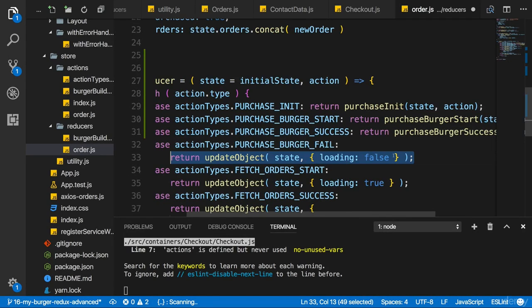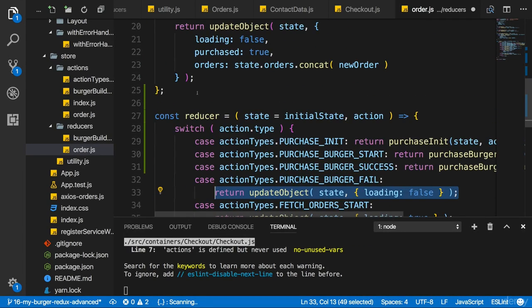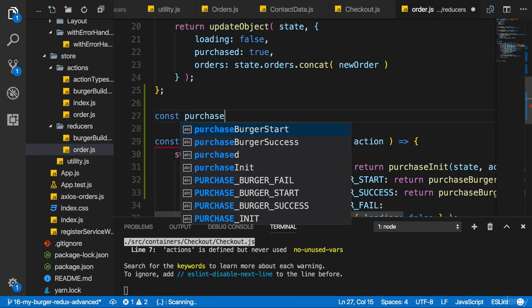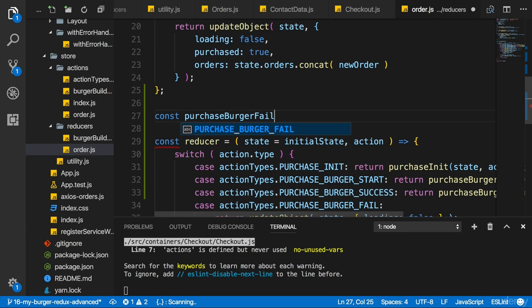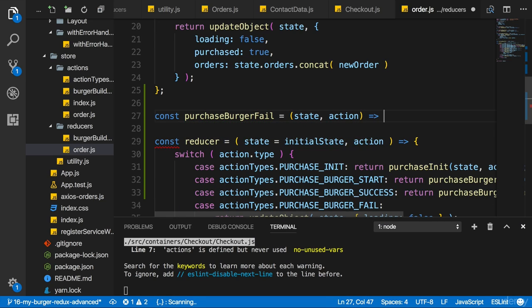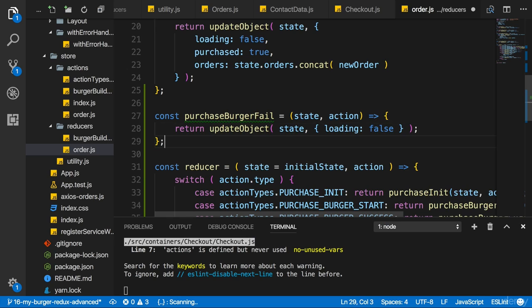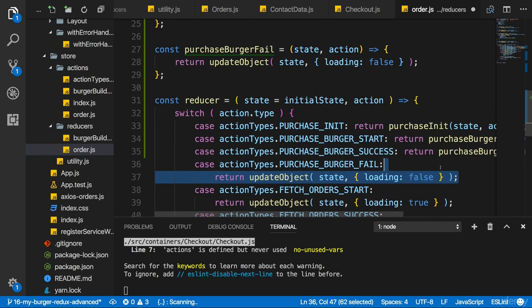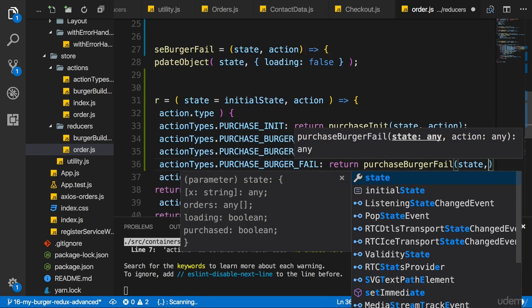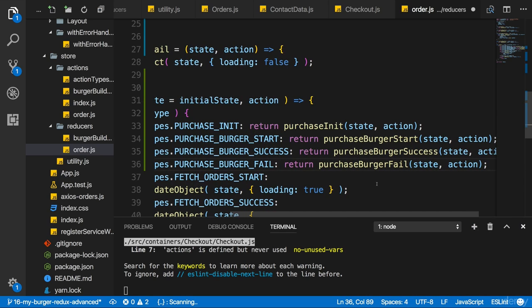With that, let's continue. Let's do the same for purchase burger fail and all the other functions. Of course, you may skip ahead in case you don't want to do that. So purchaseBurgerFail, state and action. And there too, let's put in the code we cut out. And let's then simply return purchaseBurgerFail. And there pass state and action to the function.